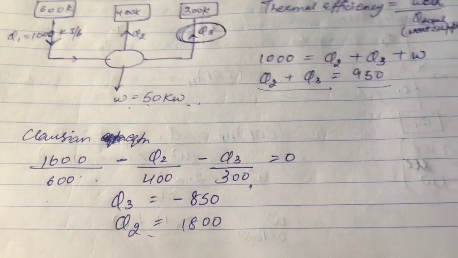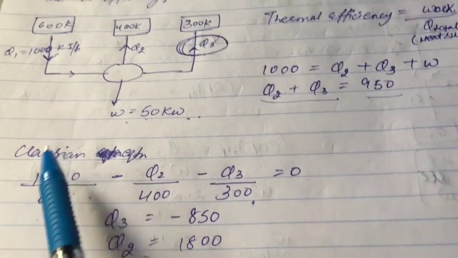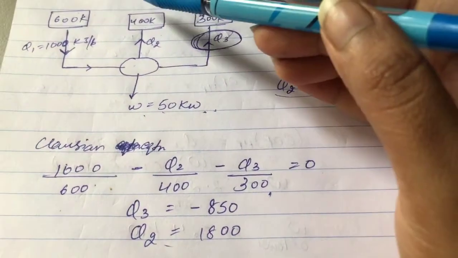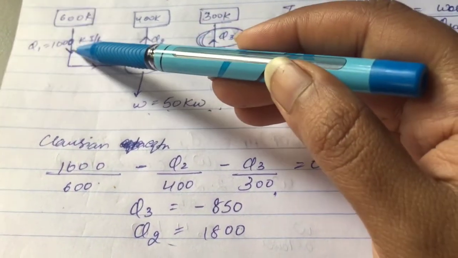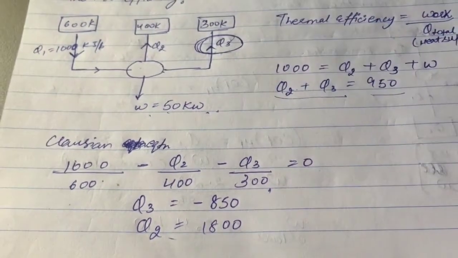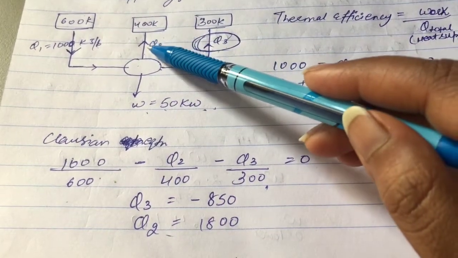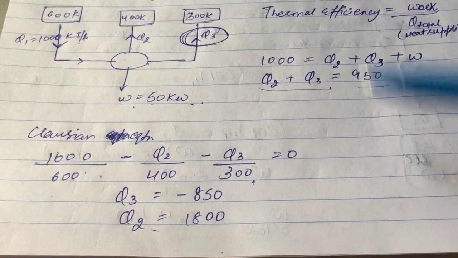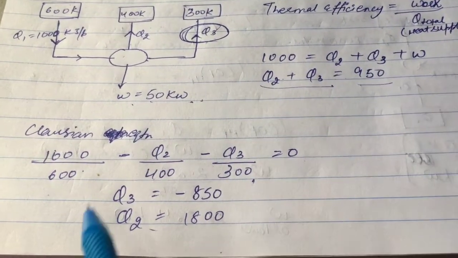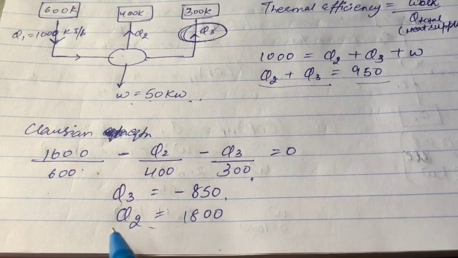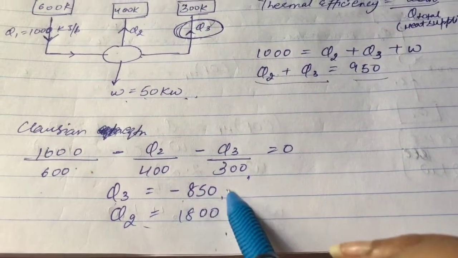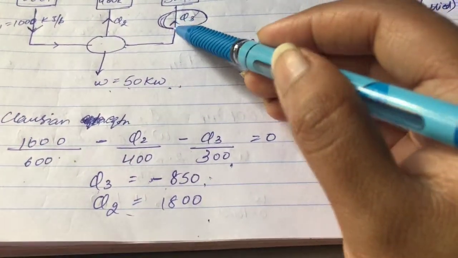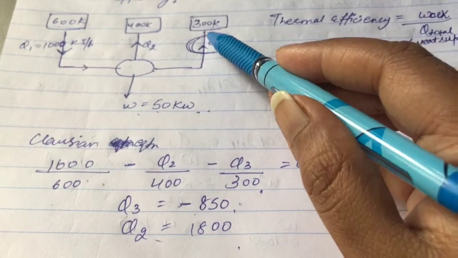And from Clausius inequality, we know that 1000 is going into the system. So 1000 by 600 minus Q2 by 400 minus Q3 by 300 would be equal to 0. Using both the equations, we get Q3 as minus 850 and Q2 as 1800. With the sign of this minus, we know that Q3 is not going out of the system, Q3 is going